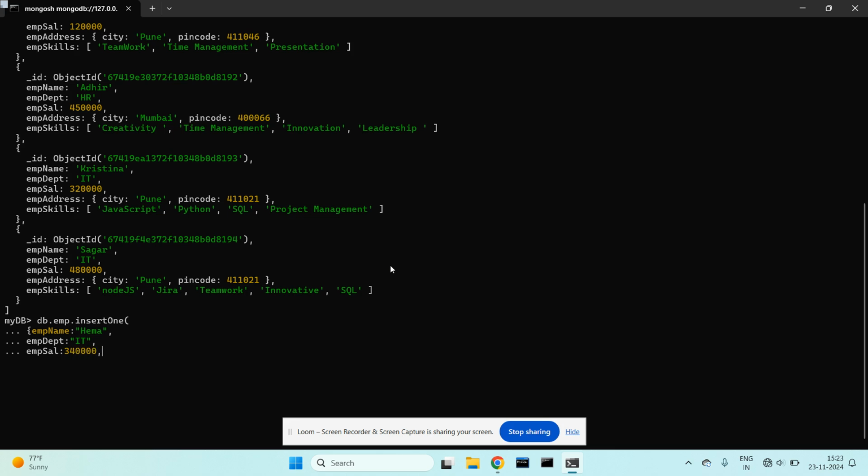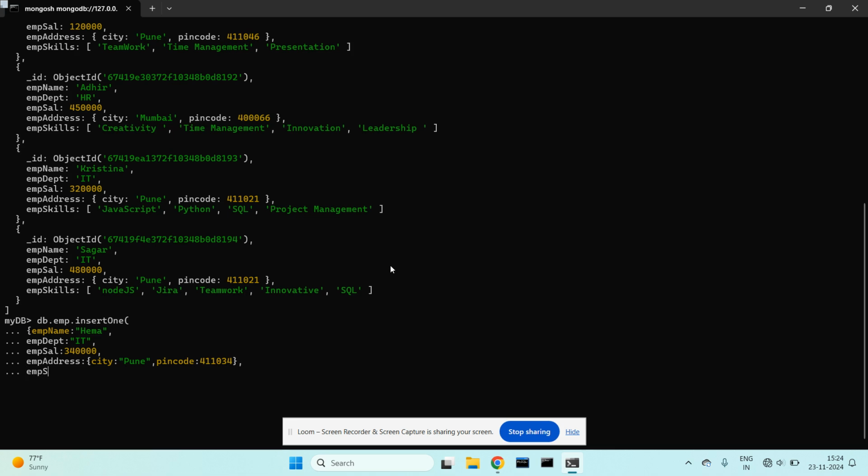Next I had inserted an embedded document, which is emp address, which again has key value pairs like city and pin code. So this is the embedded document.